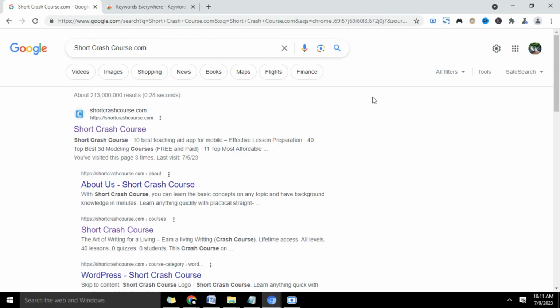So if 10 advertisers are running adverts on a particular keyword, like let's say how to make money online, the competition of that keyword will show a higher percentage. On Keywords Everywhere, it's from 0 to 1, which means 1 is high competition, and values like 0.5 or 0.8 mean it is lower. Zero entirely means the competition is almost zero, like advertisers are not bidding or running adverts for that keyword.